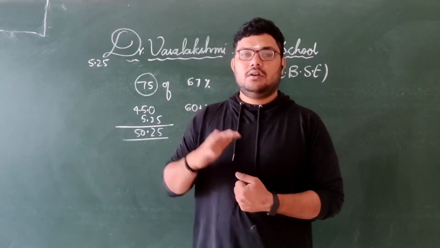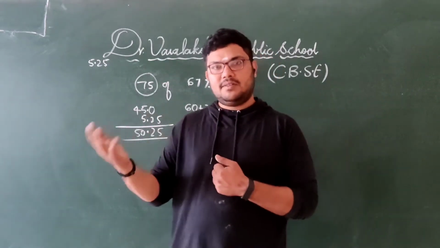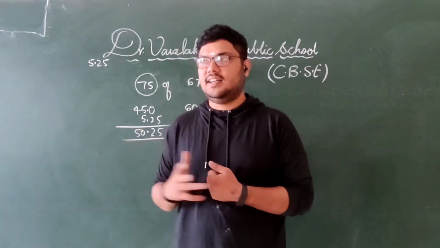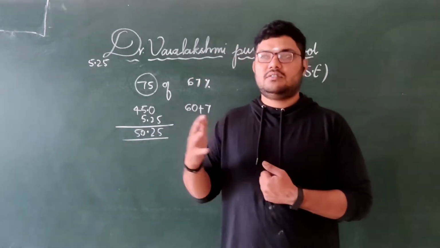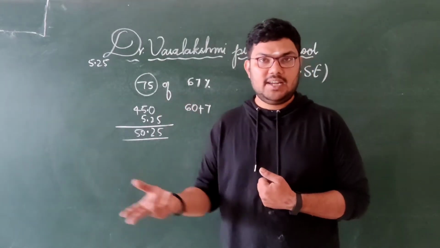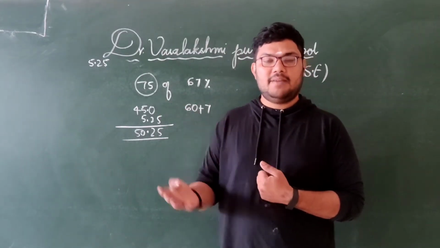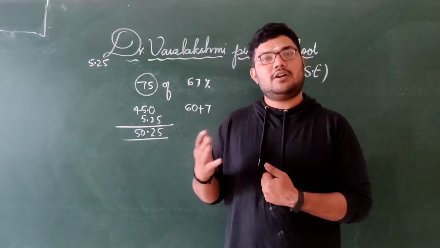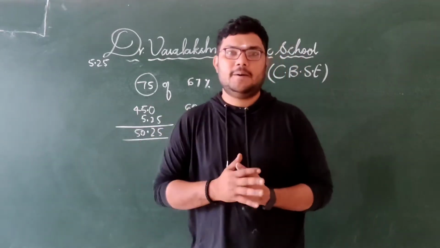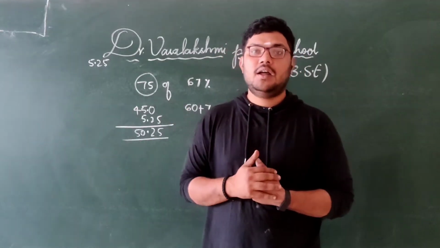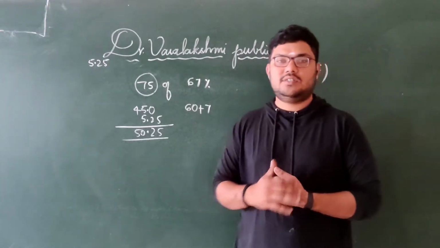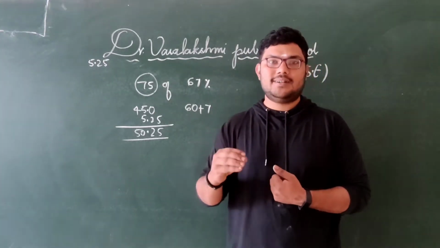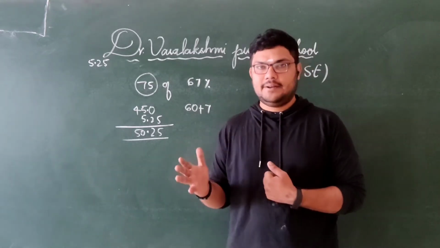Now coming to multiples of 10 like 20, 30, 40. How to calculate? For 30 you have to multiply with 3, for 40 you have to multiply with 4, for 50 you have to multiply with 5 and keep a dot. So hope you guys understood. Next, what to do with the 5%? Just calculate 10% and make it half and add it.